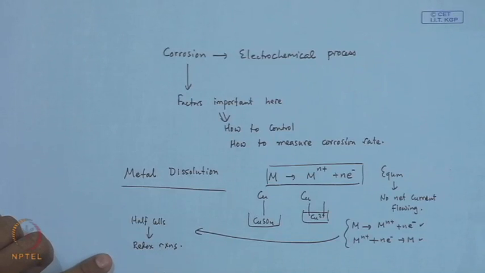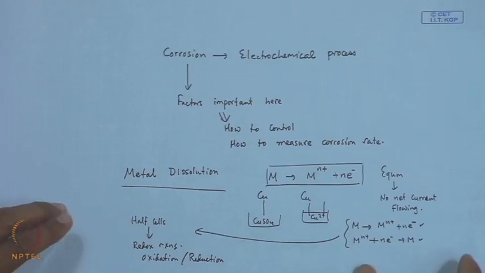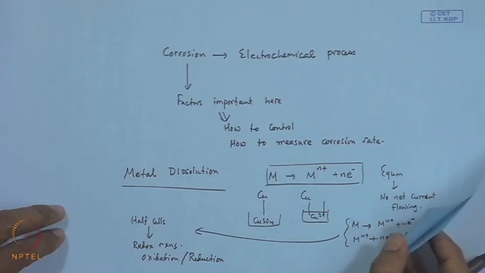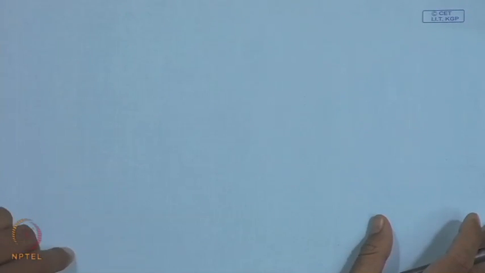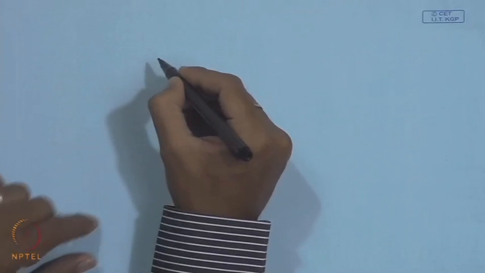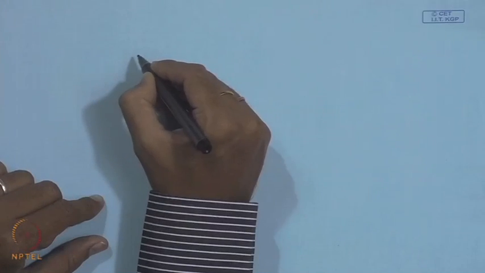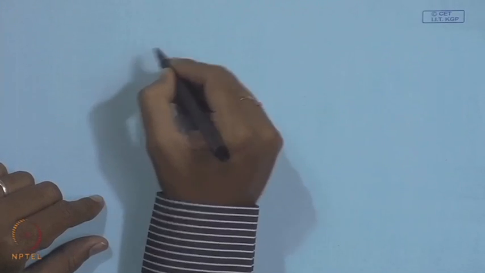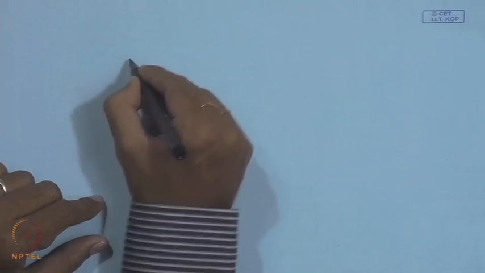So, both these reactions, oxidation and reduction, are very important in corrosion. Okay. Now, what is happening? Suppose, as I mentioned, when a metal dissolves, say